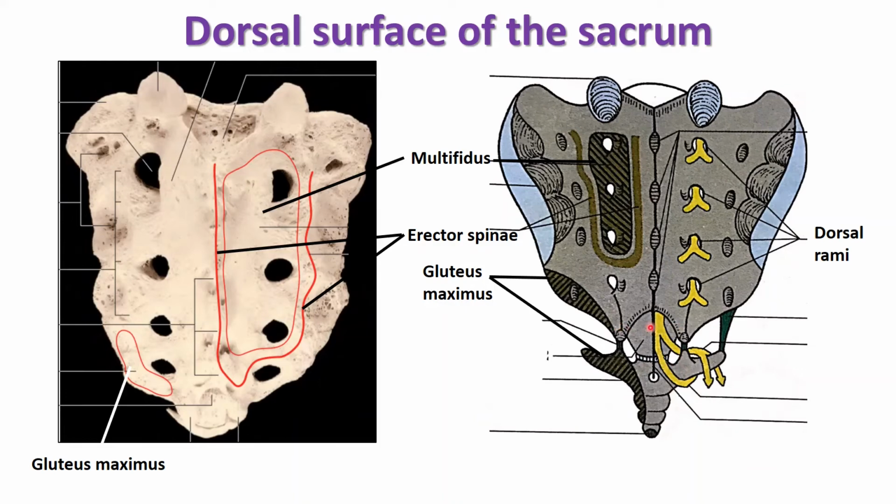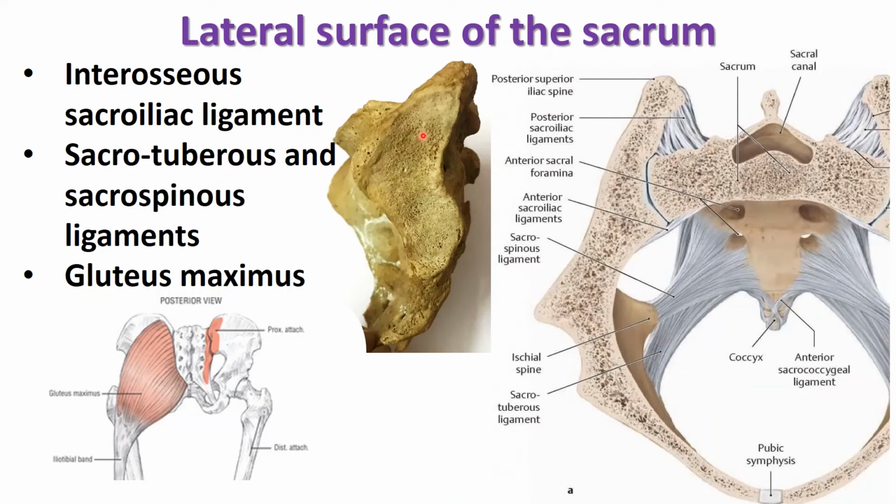Here you can see the sacral hiatus, through which the fifth sacral nerve is coming out, and the first coccygeal nerve and the filum terminale. So this is about the dorsal surface of the sacrum. The lateral surface. The auricular surface over here is covered by the hyaline cartilage and formed entirely by the costal element. This auricular surface articulates with the auricular surface of ilium and forms the sacroiliac joint.